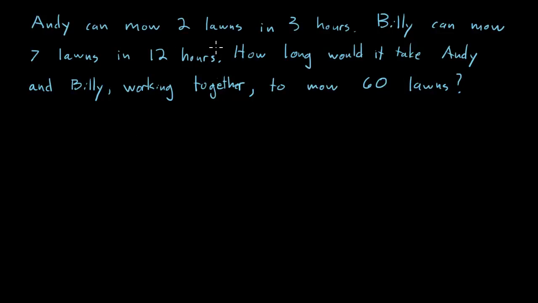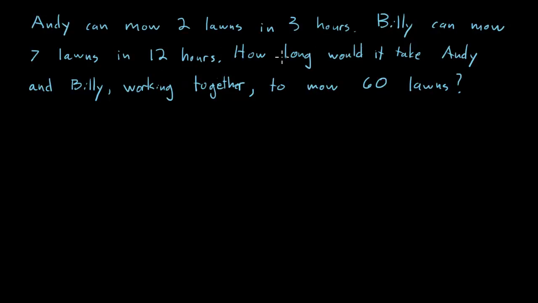Andy can mow 2 lawns in 3 hours. Billy can mow 7 lawns in 12 hours. How long would it take Andy and Billy working together to mow 60 lawns? So we've got to combine information about Andy's work with information about Billy's work to figure out some information about